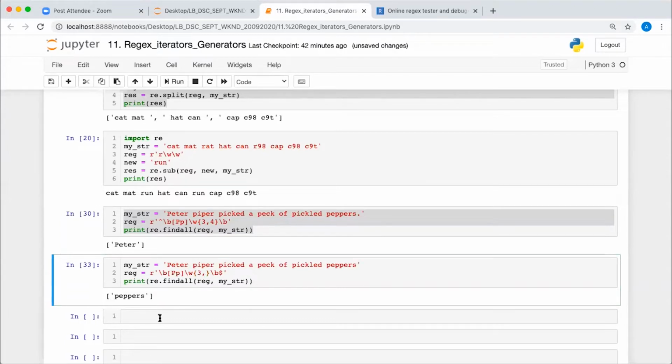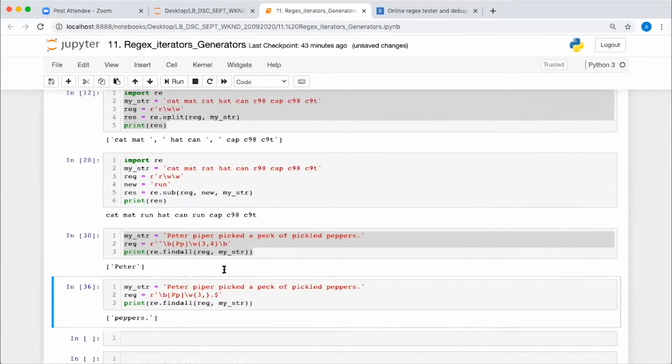Now it is matching papers. Now if I wanted to match a dot, I could have given a dot here. Let me write a dot now. Yes, this one will match, but it is matching only at the end of the string.